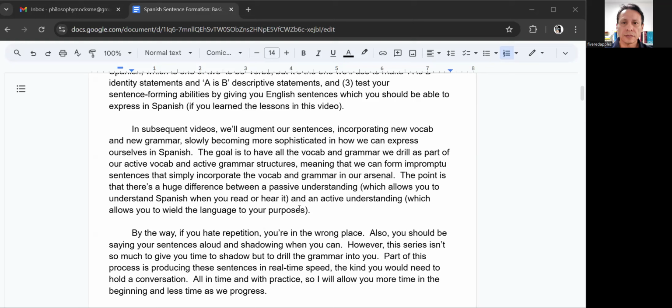The point is that there's a huge difference between a passive understanding, a passive vocabulary or a passive grammar, which allows you to understand Spanish when you read or hear it, and an active understanding, an active vocabulary and an active grammar, which allows you to wield the language to your purposes. In other words, to make sentences as you need. Okay, so,